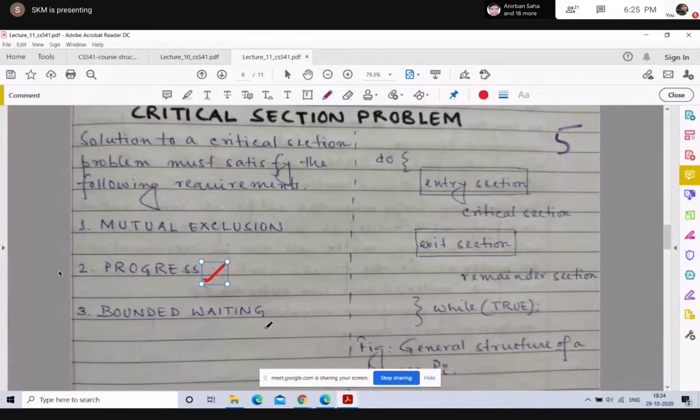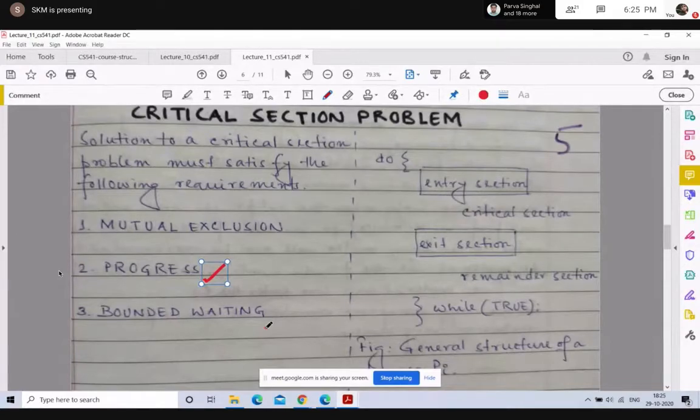So the progress requirement says that the decision on which process enters the critical section must be taken only among those processes that are willing to enter, and this decision must be taken in finite time. So two things for progress: you consider only those processes that are willing to enter the critical section at any given point of time, and you take a decision among those processes in finite time.